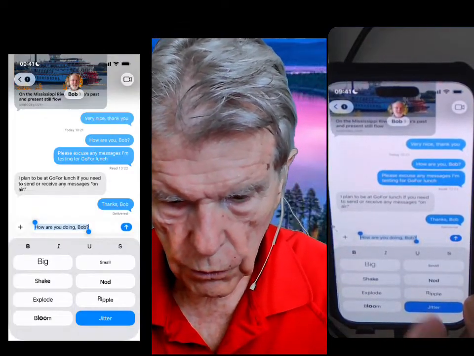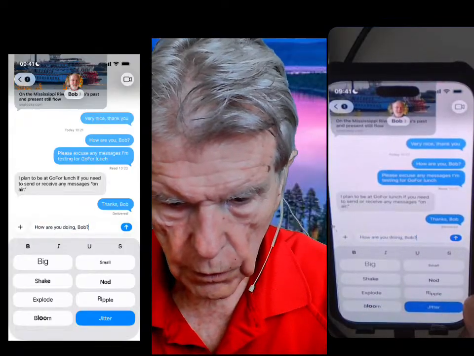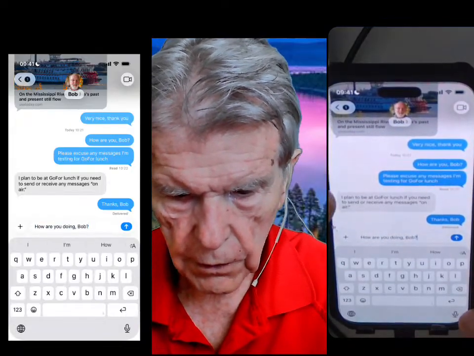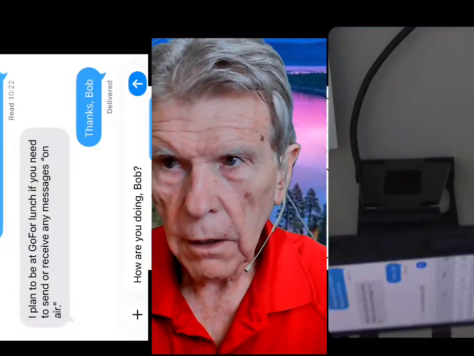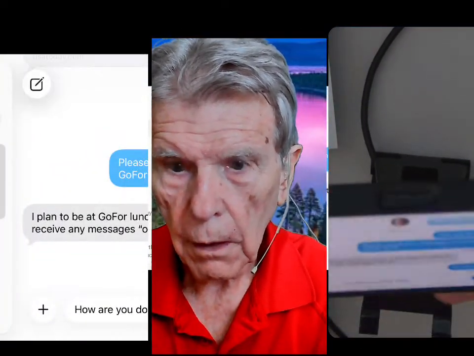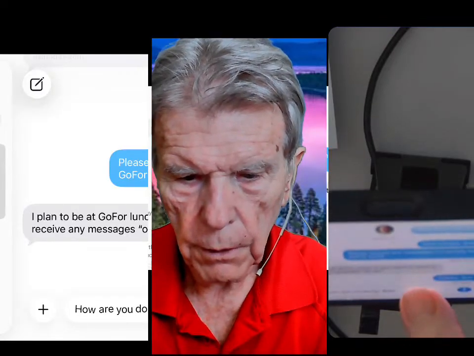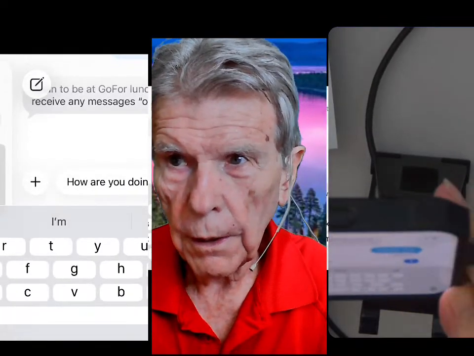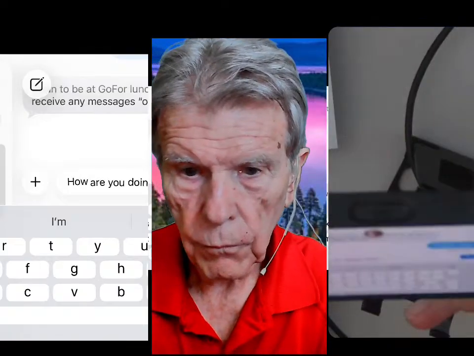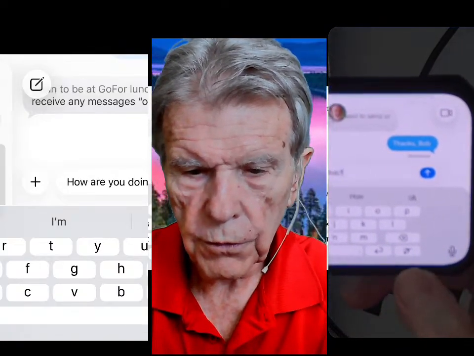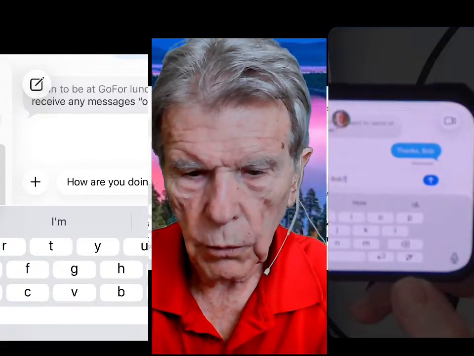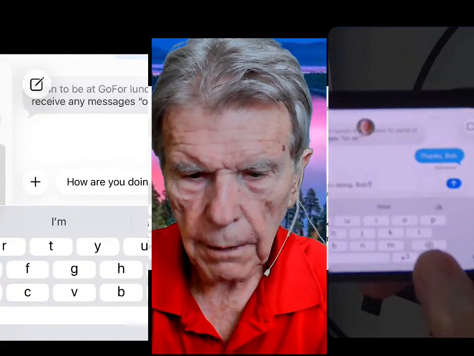So we're going to just click here to get rid of those effects. We're going to turn the phone into landscape like this, and we're going to tap on the message to get the keyboard, and you'll see down here in the lower right hand corner is a little symbol. You press on that,